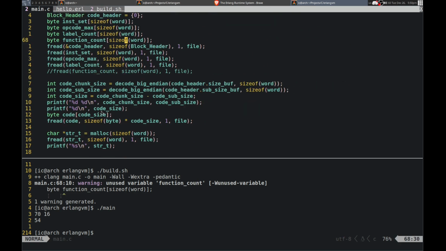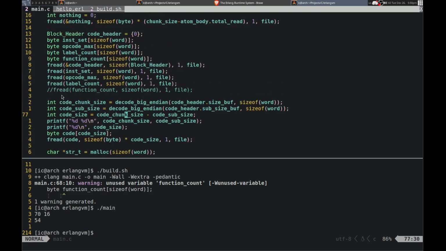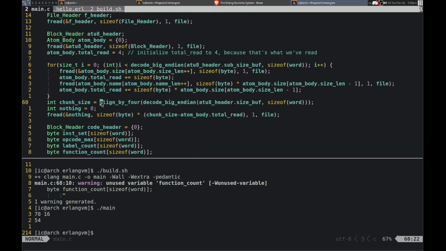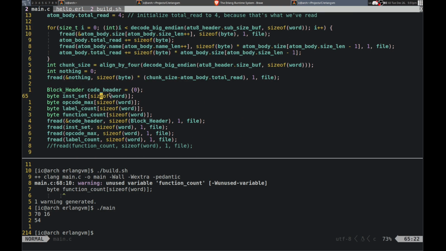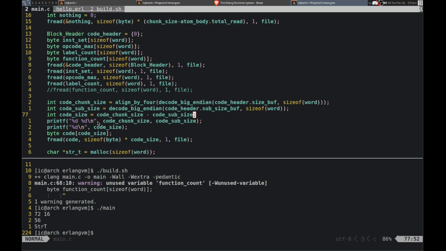Let's see, what happened there? Oh, that's not right. I forgot to align my 4, okay. Then it reads the right thing. So one of them is not right. Code header.